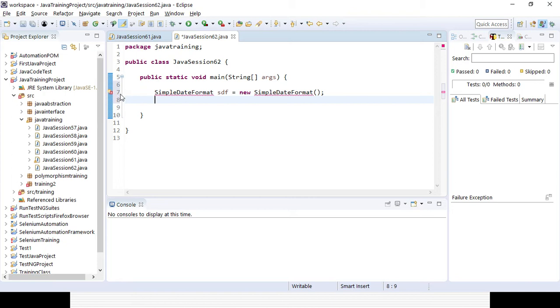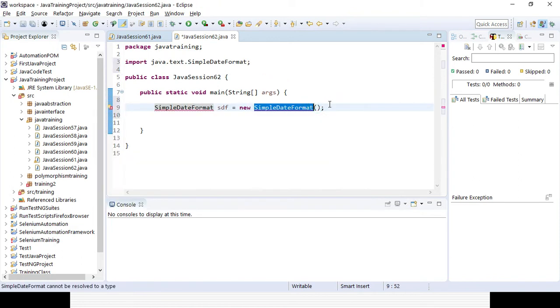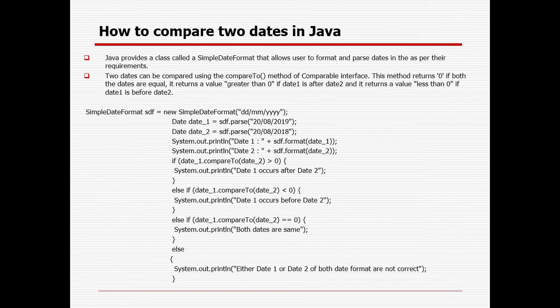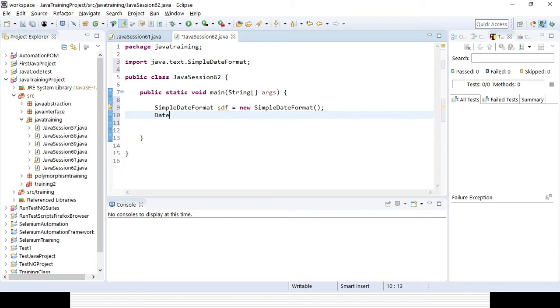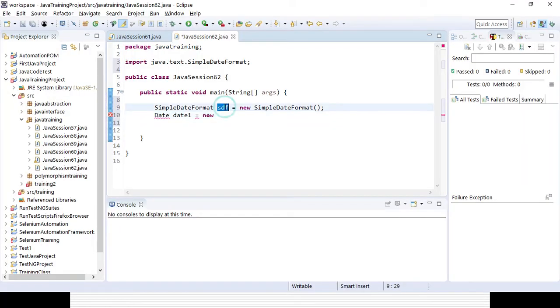Here some error message is coming. Need to import the SimpleDateFormat class from the corresponding package, java.text. So the error message is gone. Now you need to use the Date class. Here I am using the Date class and creating an object or instance, suppose date 1 equal to new, and I would need to use that particular object or instance, SDF dot. If you press dot,